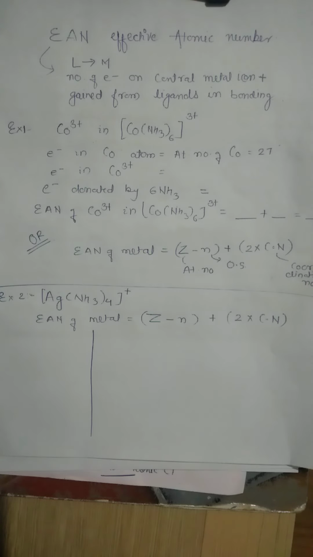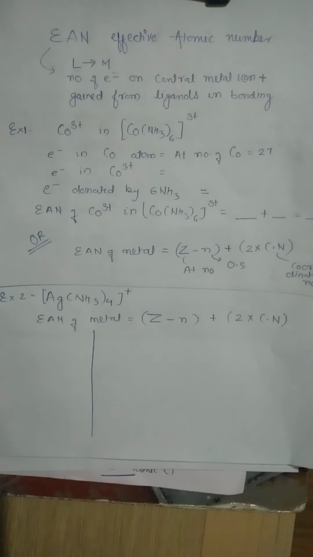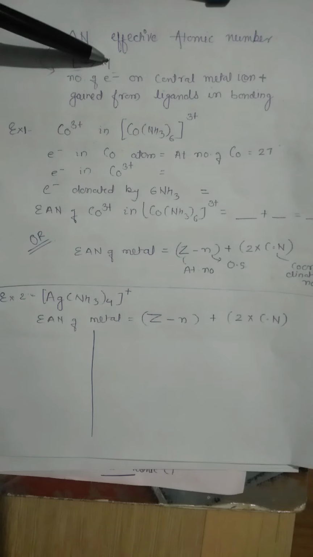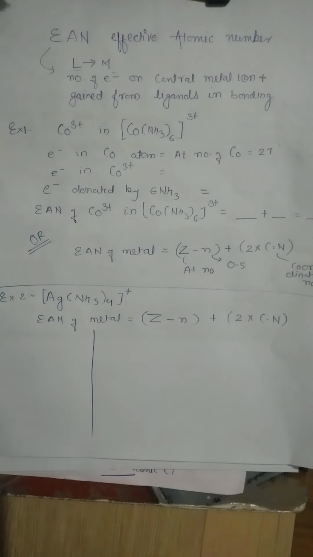Good morning, dear students. Today we are going to talk about EAN, that is effective atomic number. Now, what do you mean by effective atomic number? Whenever we say a coordination compound is forming, then actually there is a combination or bonding between the metal and the ligand. In coordination compounds, there is a special characteristic, that is the electrons are donated by the ligand to the metal. The metal is the central metal ion, it is positively charged, but these coordination compounds have the special characteristic that the electrons are donated by the ligand atoms or the negative ions.